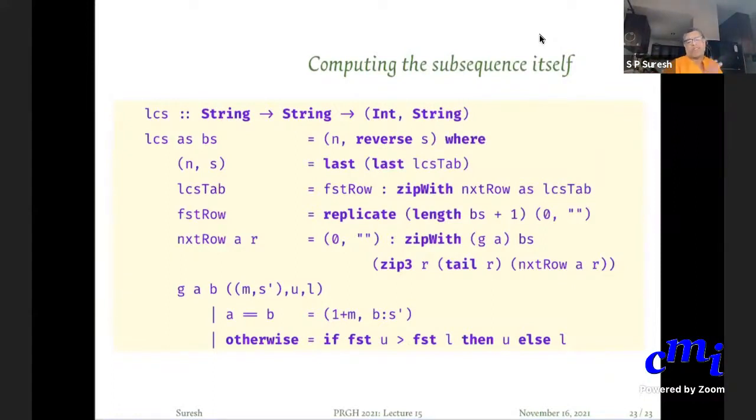But the nice idea here is that very often, if you just follow recursion to solve a problem, it might be very, very inefficient. And there are ways of making it better. This is one nice way of making it better. Namely, if your problem has one argument, then typically you will have to build a list, and you can build a list in terms of itself. But if your problem has two arguments, you might have to build a table. You can define each row of the table in terms of the previous row and itself, and you can define the table itself in terms of itself. So it's the same pattern repeating over and over again. It's a nice pattern that Haskell's laziness allows you.